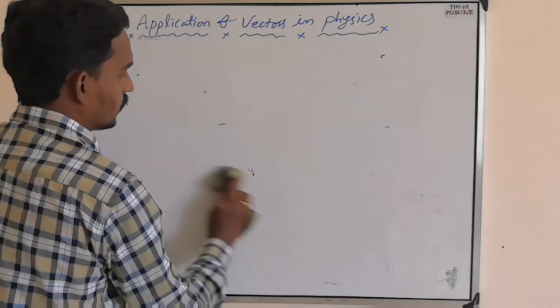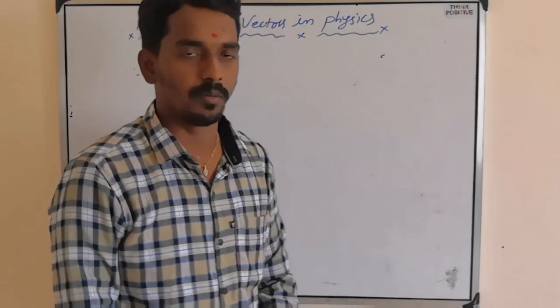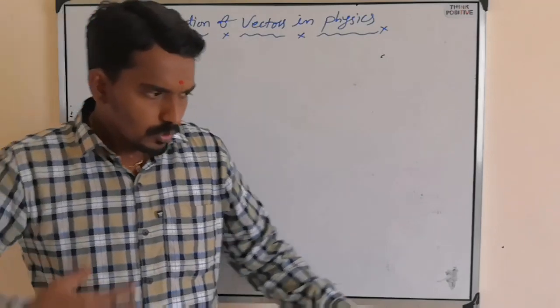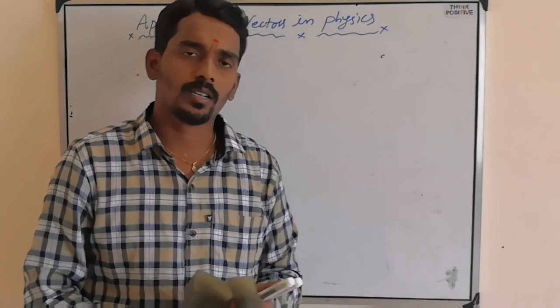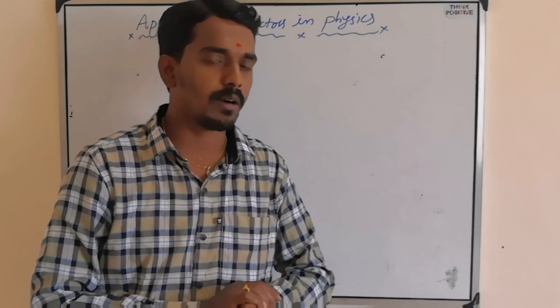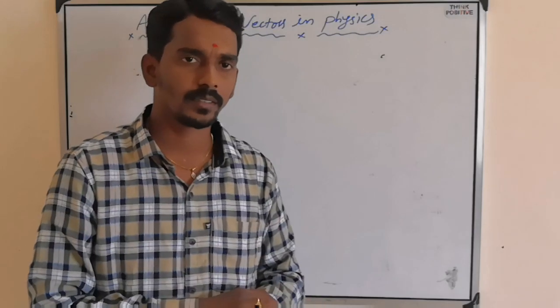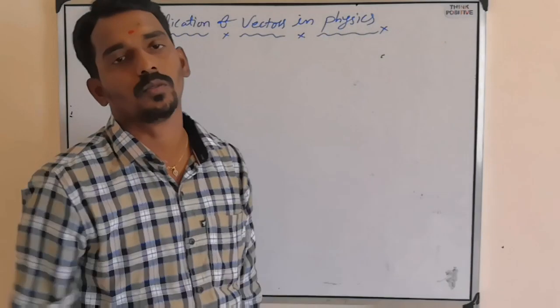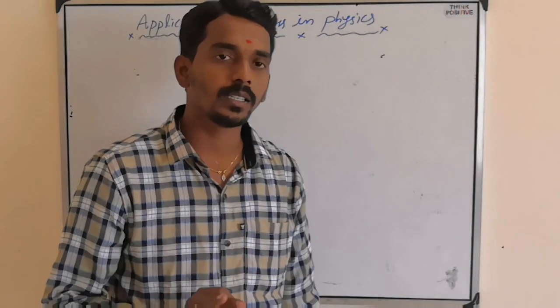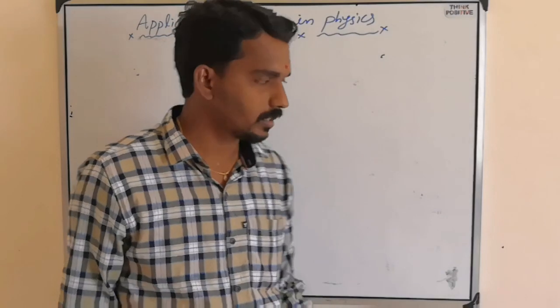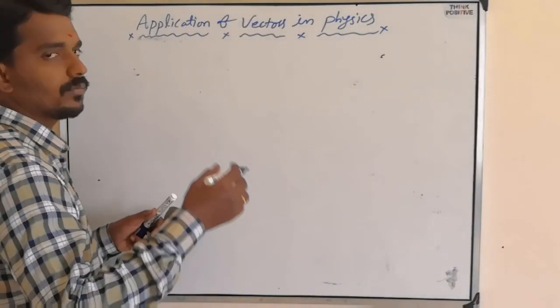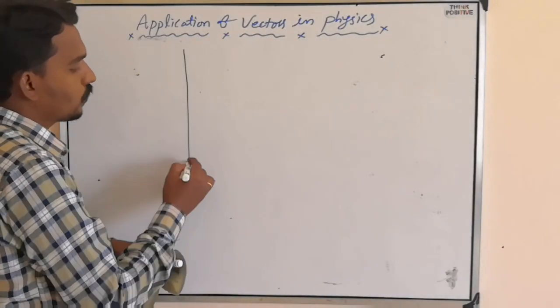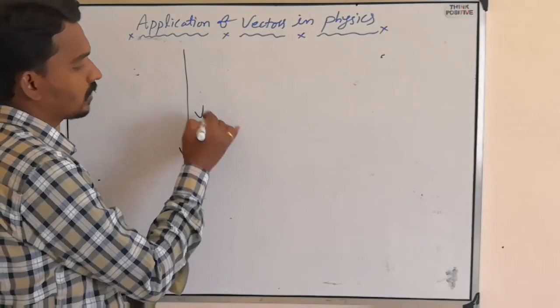That is the rain-man problem. I don't know whether you observed or not, but whenever you move on a bike while it is raining, rain always appears to come opposite to you. Why? Because it is relative velocity. See, suppose rain falls vertically. Rain is falling vertically. This is the rain velocity.